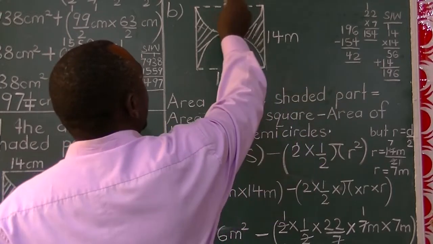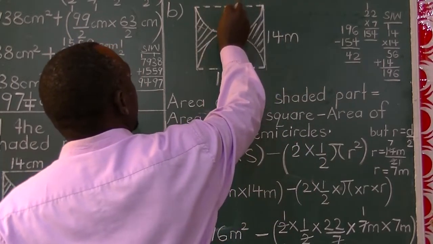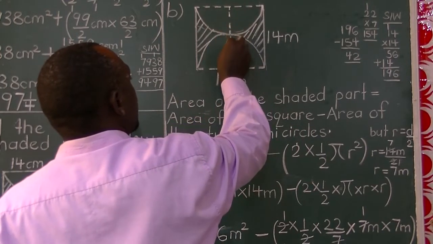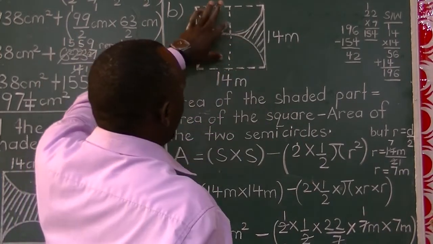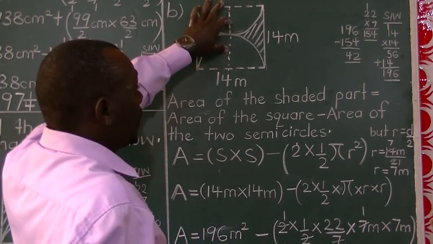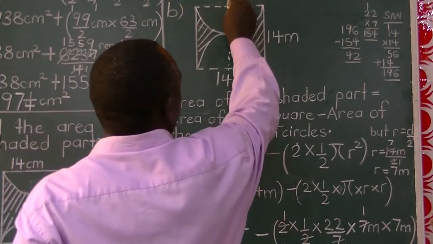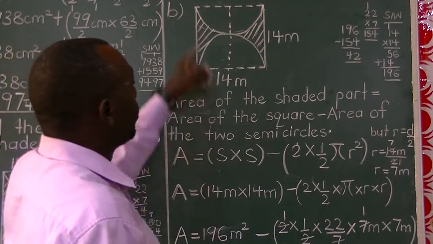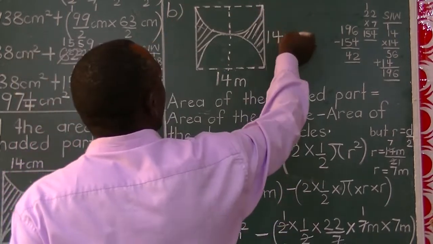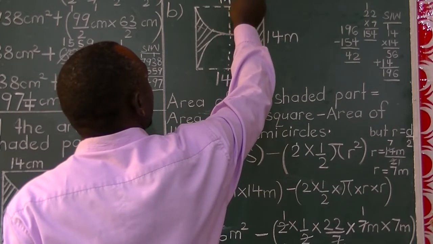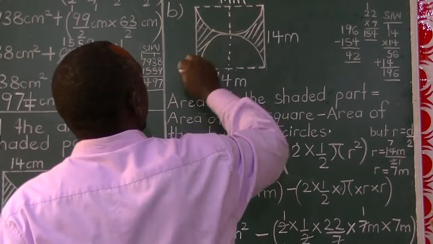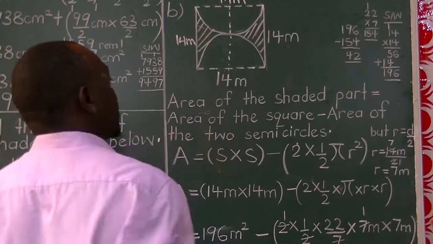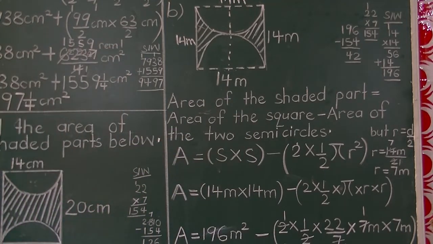Then when you analyze, this is diameter, and therefore this becomes radius, and this one becomes radius. If the two equal radii join, we make one diameter. So this is diameter, this is also diameter. Therefore the whole shape outside is a square. So having known that this is 14, this is also 14. So follow properly, this is 14 meters, and this is also 14 meters. A quadrilateral or four-sided polygon that behaves in that way is called a square. So this is a square.